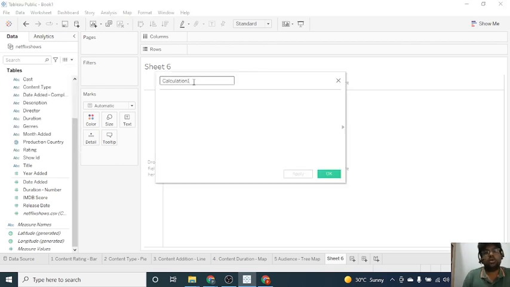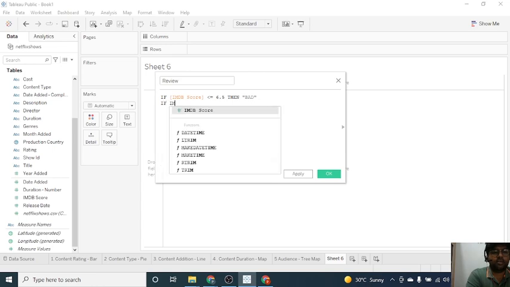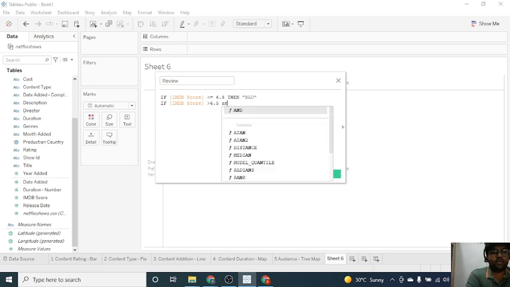called review. In order to create a new field, we can always go to the table section, right click and create a new field. Let's create something called review, and let's say if my IMDb score is less than or equal to 6.5, then I consider the review to be bad. If my IMDb score is greater than 6.5 and IMDb score is less than 8,